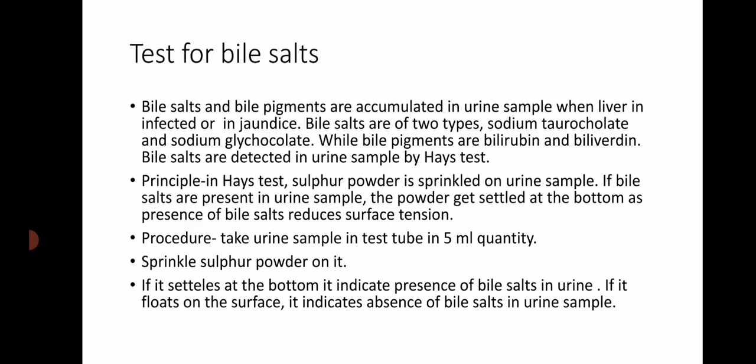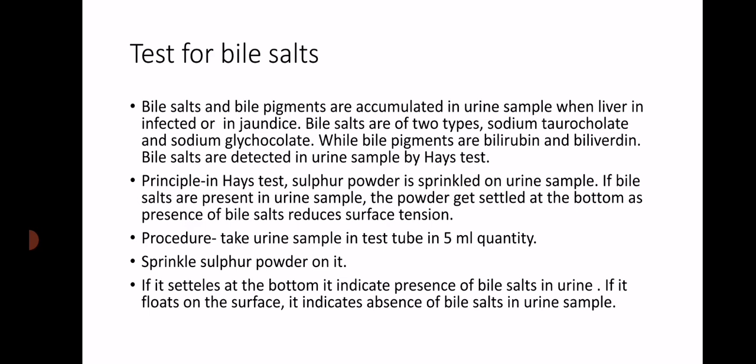You have to filter it by using the filter paper, and upon filtration, when the filter paper gets dried, then you have to spread or sprinkle or add the drops of Fouchet's reagent on it. So upon addition of the Fouchet's reagent, you can observe green color of the paper. Paper will be of green color, not the filtrate. So if green color is observed on the filter paper, then you can detect the presence of bile pigments in the urine sample, bilirubin and biliverdin.